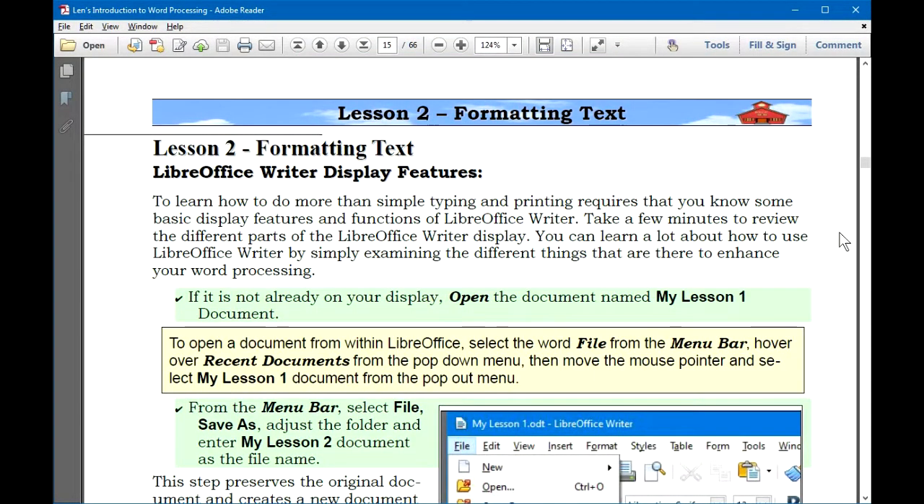In Lesson 1, we learned how to open the LibreOffice Writer program, enter a bit of text, print the text on the printer, and save the document. In this lesson, we're going to get serious about formatting text. If the document from Lesson 1 is not on your display, then you should open LibreOffice Writer and open the